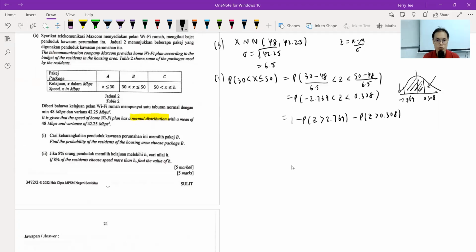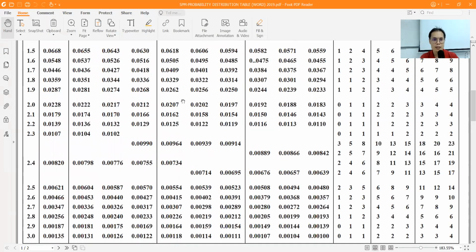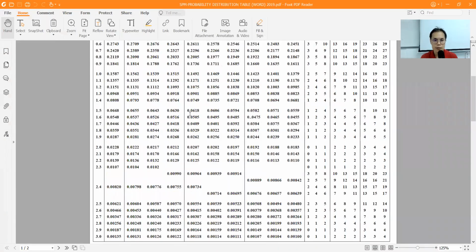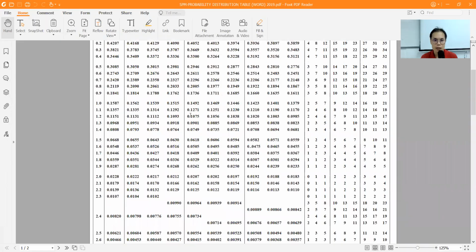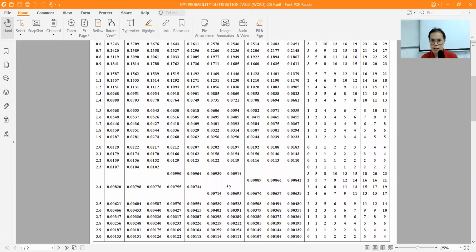For those who can't see it, let me show you here. 1 minus this part is 2.769, minus another one. This is 0.308. Okay, 2.769. If you want, you can use this, but it's very slow. 2.769. 2.7. Okay. Now I had a hard time finding 6. 6 is here. You can see this number here,